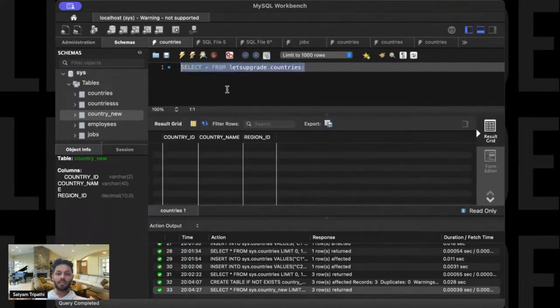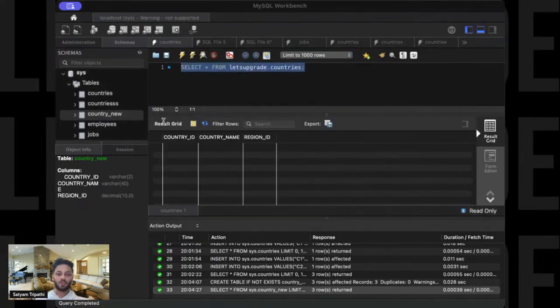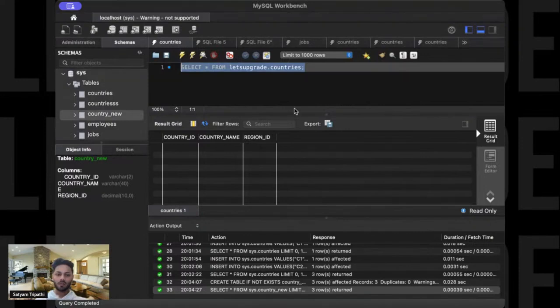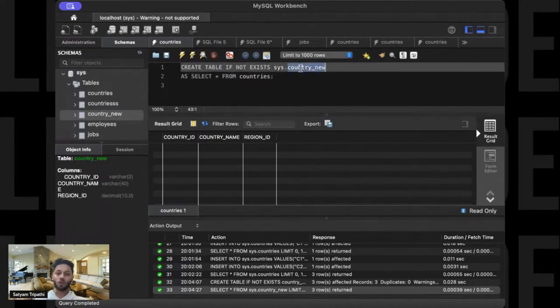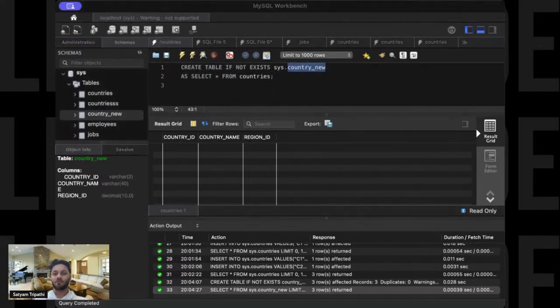So if you have to create it, you just have to write this command: CREATE TABLE IF NOT EXISTS sys.country_new, and SELECT star FROM countries. If we are mentioning star, that means all the records we'll fetch and copy into a new table, whose name you have to mention over here,